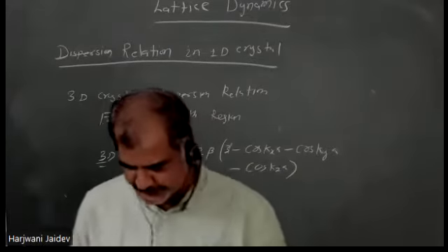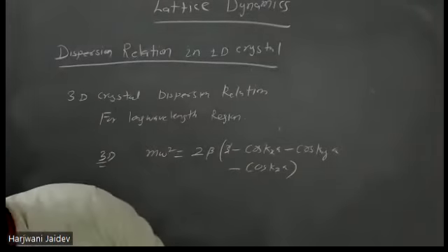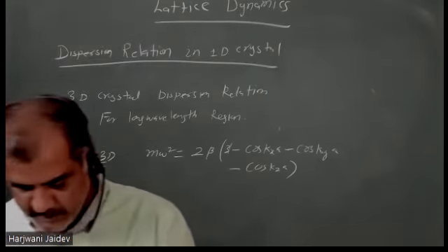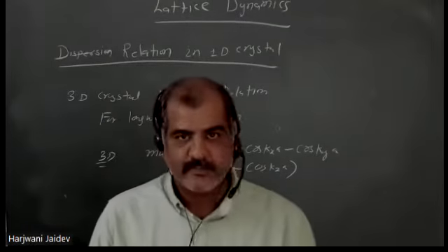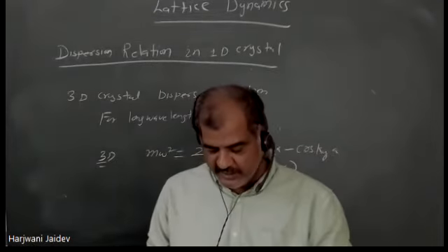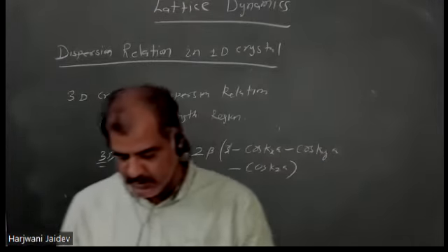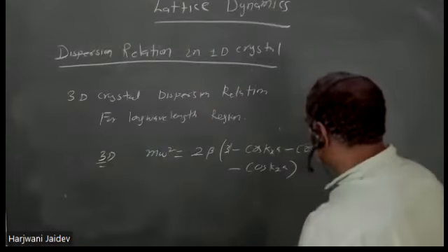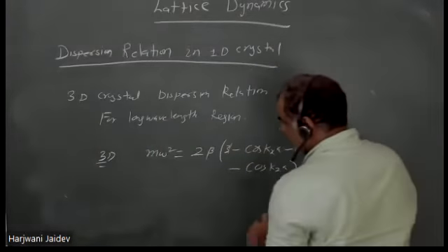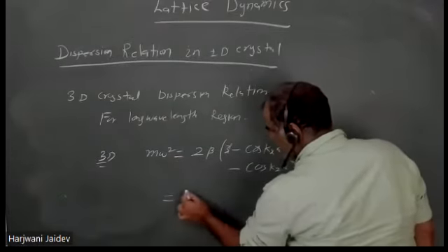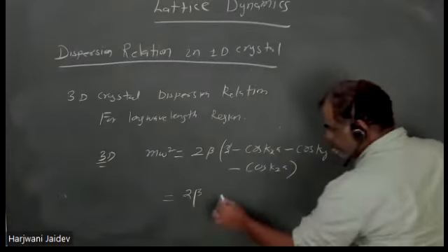So if the wavelength is long, then your k is small, correct? So you can put an approximation here. You can open this expression by the cos series. Since this is the long wavelength region, my k is small, so I can write